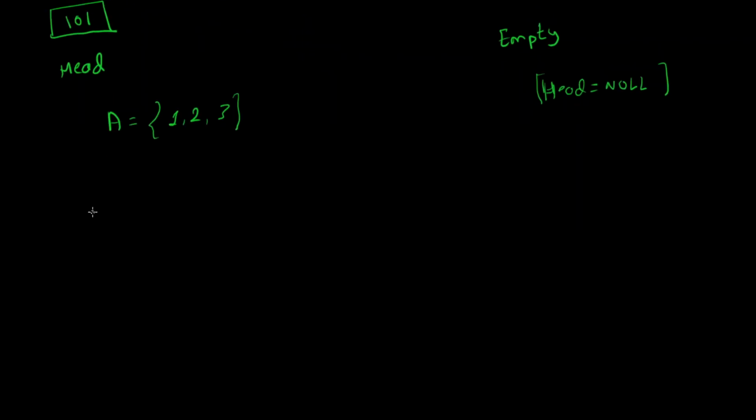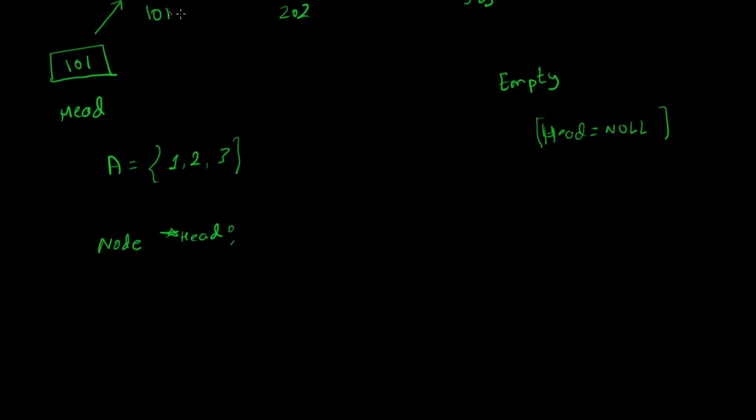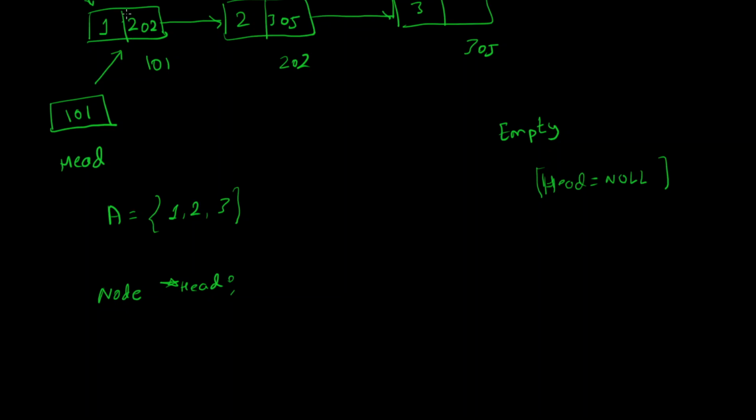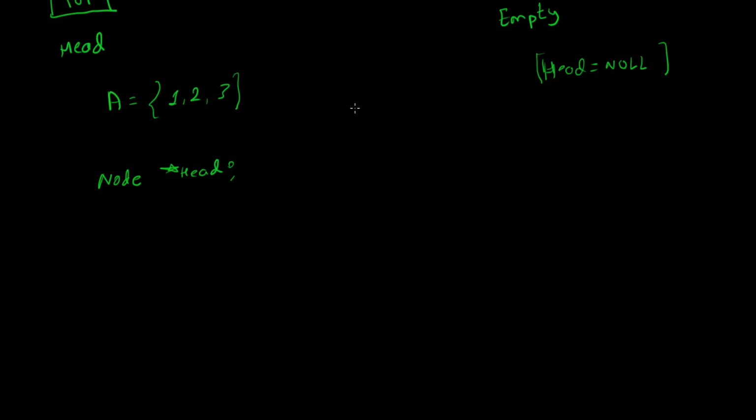So for that, what we have to do is, let's say we have a node *head. What head is actually going to do is point to the first node in the linked list, right? So how are we going to create a node? As I told you, if we want to access the heap memory, we have to use the operators which are there in C++, which is the new operator, and in C we have the malloc function. So first we have to create a new node.